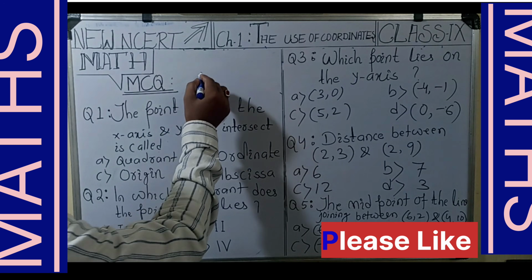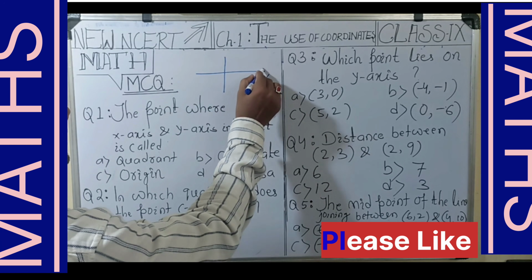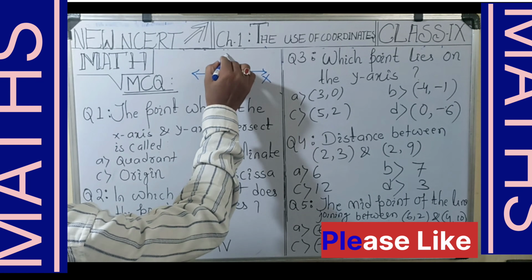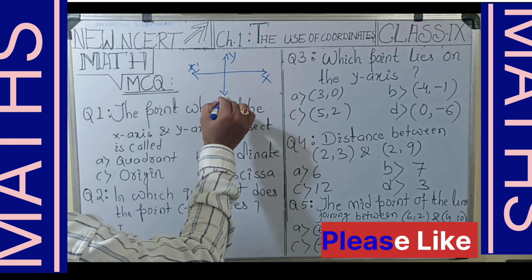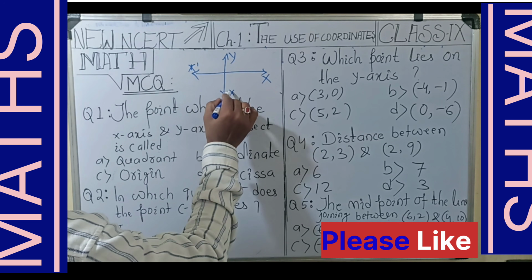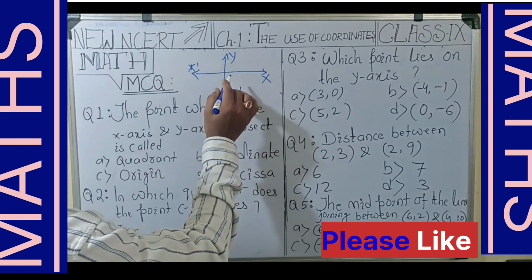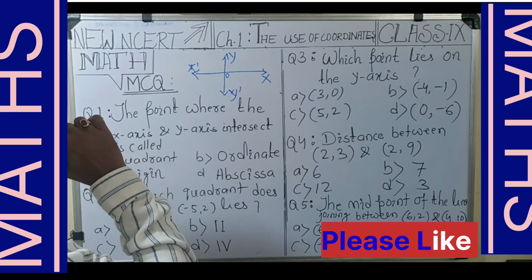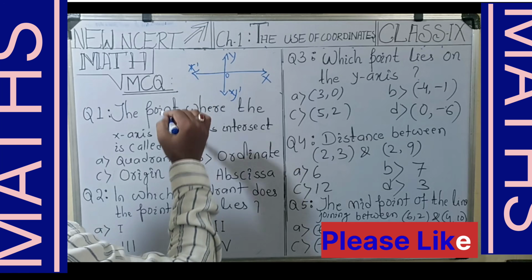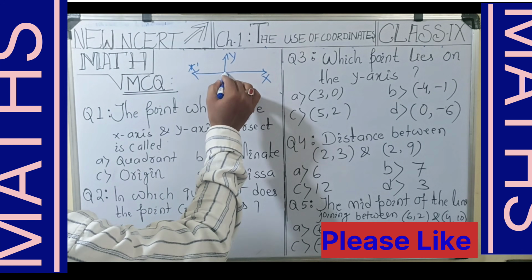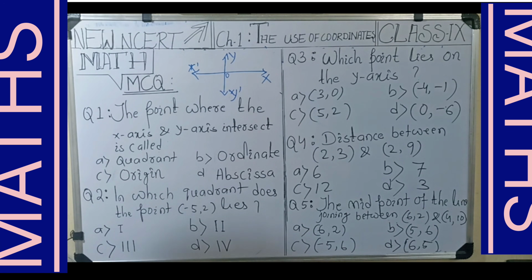So students, you know, in a coordinate plane, this is the x-axis, this is the y-axis. This is x dash, this is y dash. Towards the right side of the origin, all points are taken as positive. Towards the left side of the origin, all points are taken as negative. Upward of the origin, all points are taken as positive, and downward of the origin, all points are